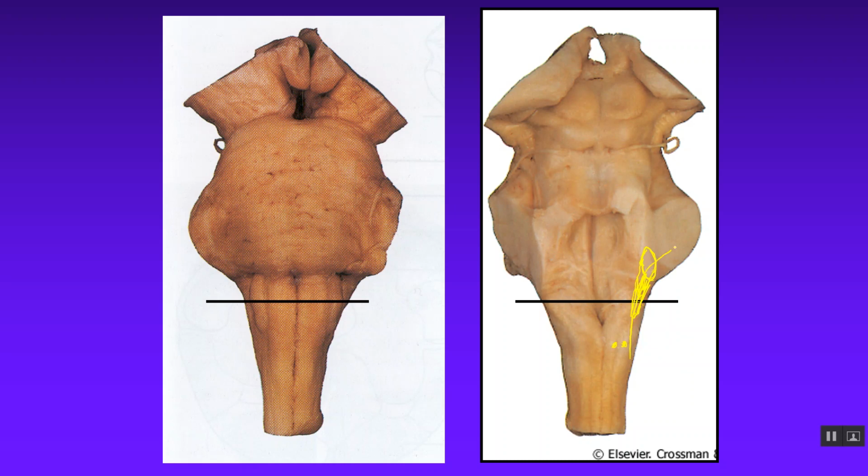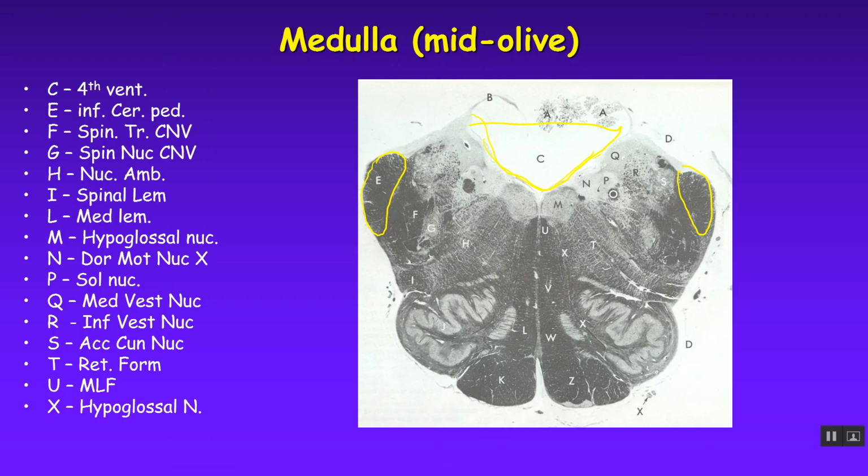That's going to go up and take those unconscious proprioceptive fibers into your cerebellum to tell it what's going on in my periphery and my joints and my muscles and so forth. So that's what you're seeing, and it's very lateral. It's just the initiation or beginning of the inferior cerebellar peduncle. So at this point, we would no longer see an anterior or posterior spinocerebellar tract. They've all come together and moved out into that inferior cerebellar peduncle. So we've lost those